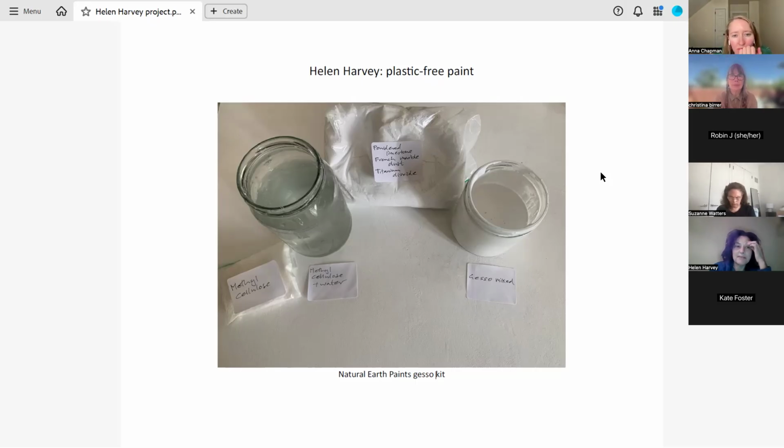I have been doing some painting with earth pigments and lime-based paint before, but I'd still been using acrylic gesso or pre-primed canvas, which is using acrylic gesso.